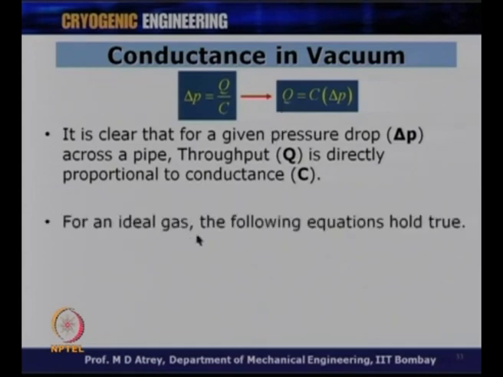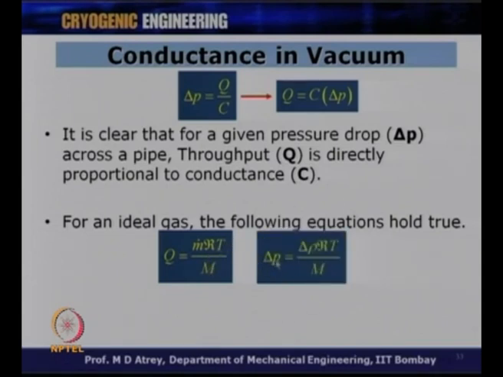So, increase the C, increase the value of Q, and this will be good for creating vacuum in a particular space. For an ideal gas, the following equation holds true: Q is equal to m dot RT upon m. This is what we have talked about earlier, and we know from here delta P is equal to delta rho into RT by m. This is true for a gas which follows PV is equal to nRT, from where we could conclude that Q is equal to m dot RT upon m, and delta P is equal to Q upon C, or delta P is directly related to the gas law by the equation delta rho RT by m. Now, substituting these values in this equation,